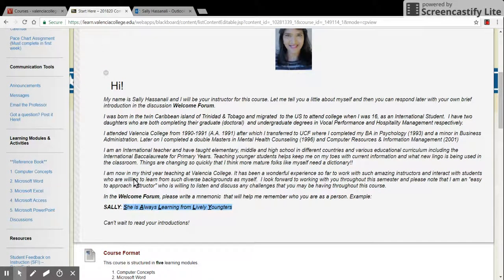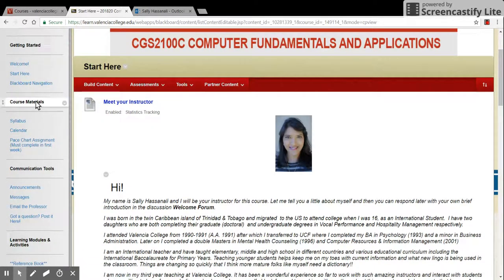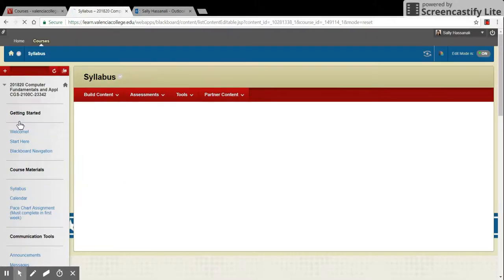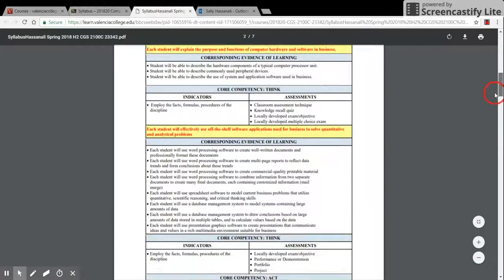And so let me show you a little bit more about your navigation pane. This is your navigation pane. I did put a link here for Blackboard navigation in case you need to learn how to navigate through Blackboard. Right here, you see your course materials and your syllabus is located right here. When you click on it, it will bring it up, and this part you actually really need to go through